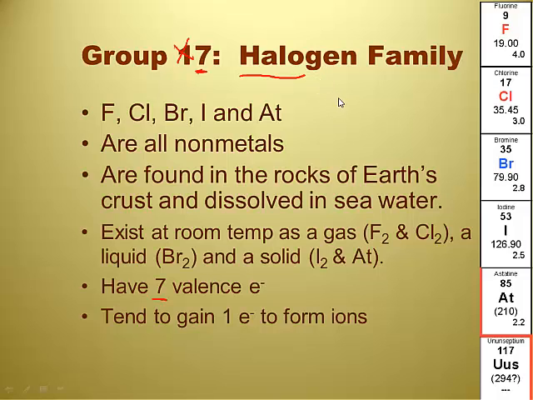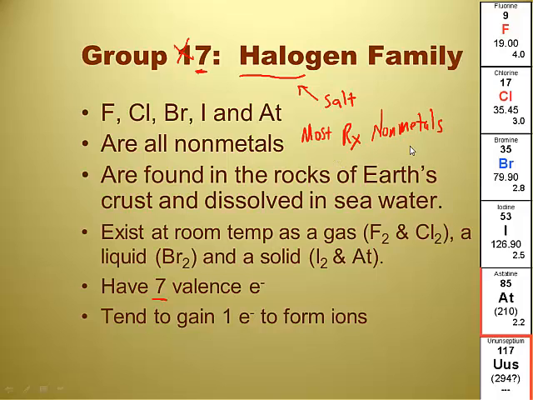The halogen family comes from the Greek word halo, which means salt. These guys are usually found in salts, kind of like the alkaline earth metals. So they're not terribly abundant in their elemental form? No, they're not abundant in their elemental form because they're so reactive. Matter of fact, one of the traits of this family is that they are the most reactive